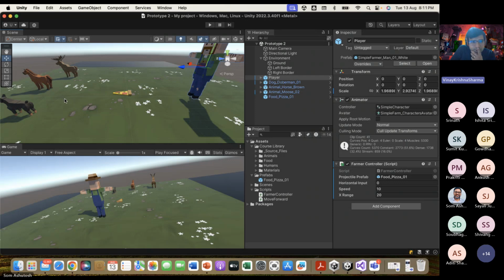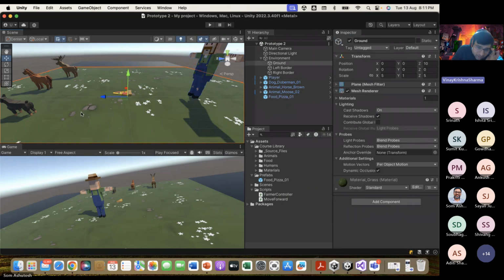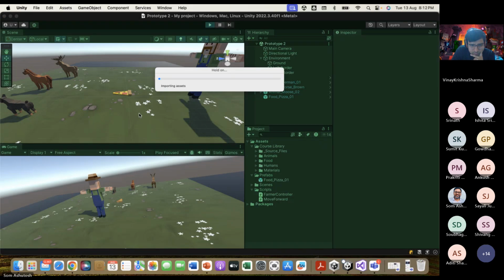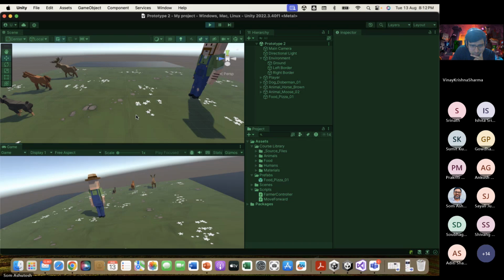Okay, this is also not changing. Now just save everything and run once more. Control S and run. Okay. Is coming from the ground only. Now